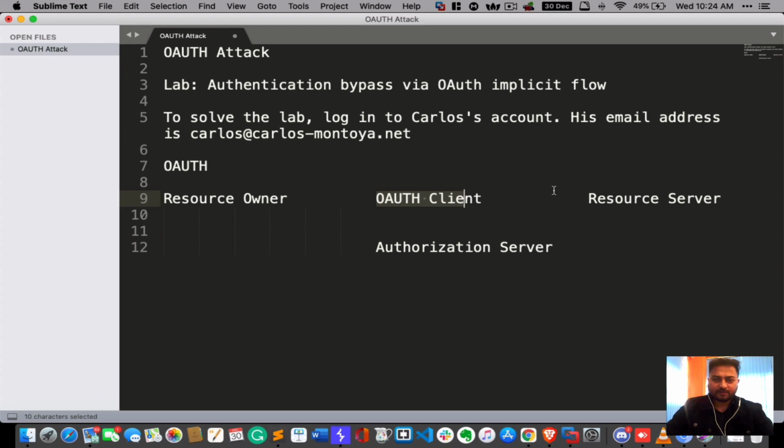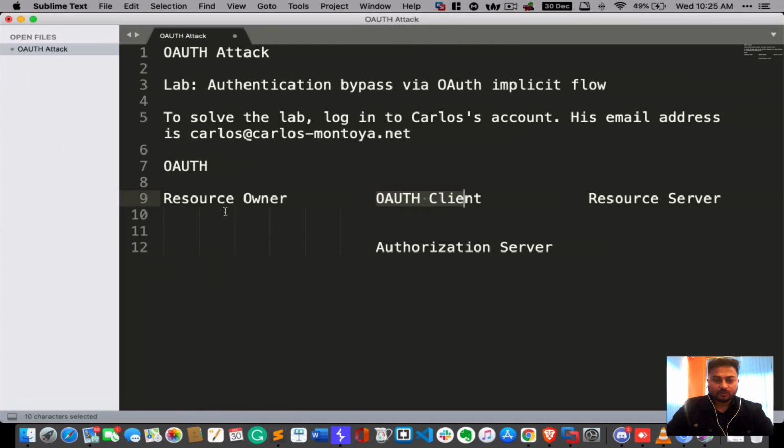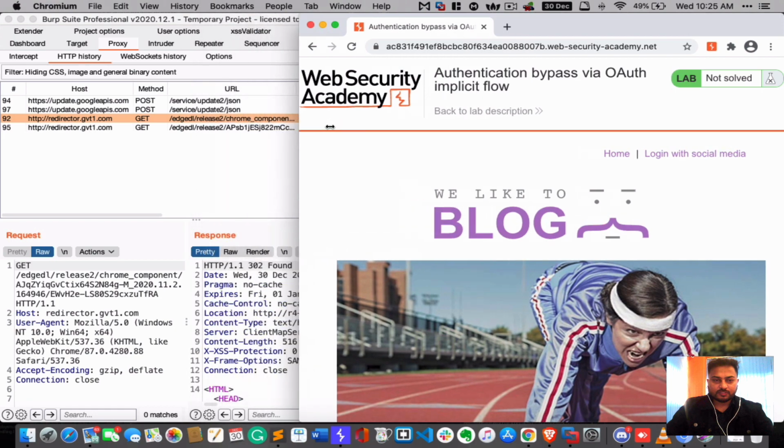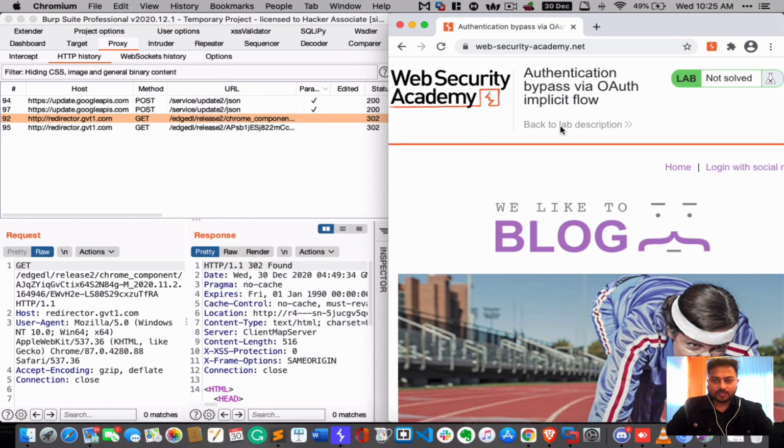By the way, I have an image also. In the coming part, I'm going to show you what OAuth actually is and how the components communicate. Right now, I'm focusing on the Burp Suite lab. As I mentioned, we need to remember these four components: the owner, the client, the authorization server, and the resource server. Here you can see clearly the lab which I am accessing. Before attacking this application, let's understand the flow of this particular request.